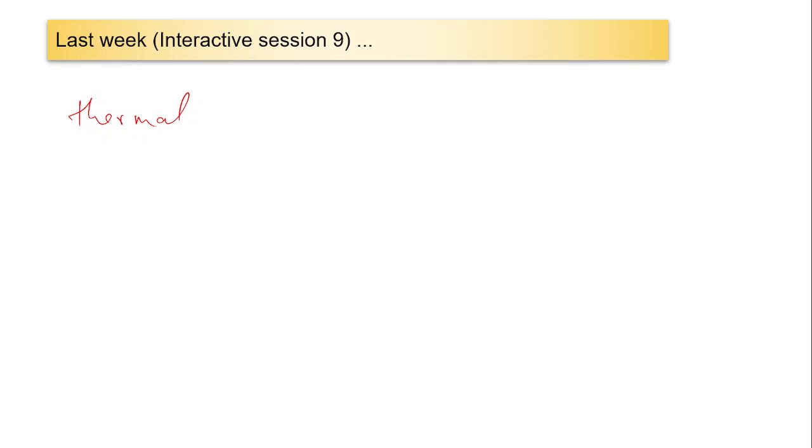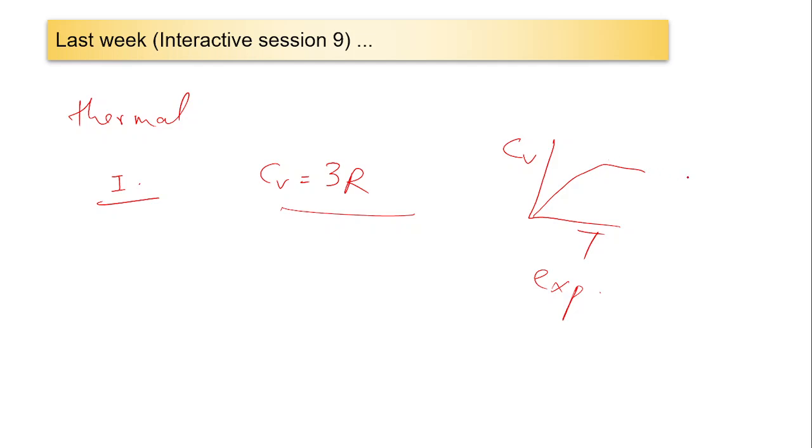over some time. One was the Dulong-Pettit law that we had discussed, according to which specific heat constant for every solid came out to be 3R, which is a constant, and this was able to explain the behavior of CV as a function of temperature only for high temperature, because at low temperature it's not constant. This was what was observed experimentally, that specific heat is not constant at lower temperature. So this model was only able to explain it at higher temperature.